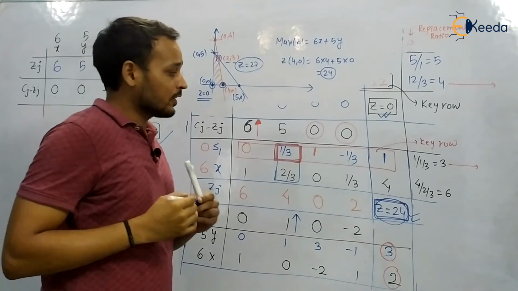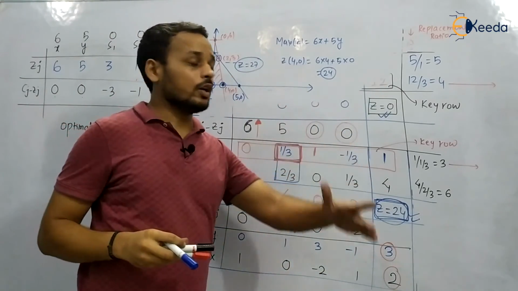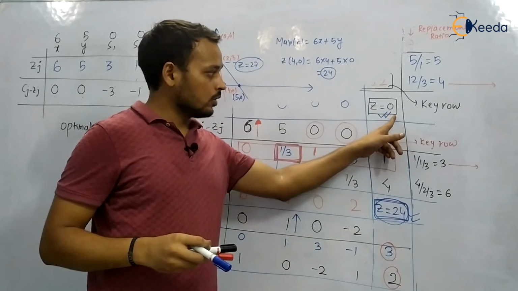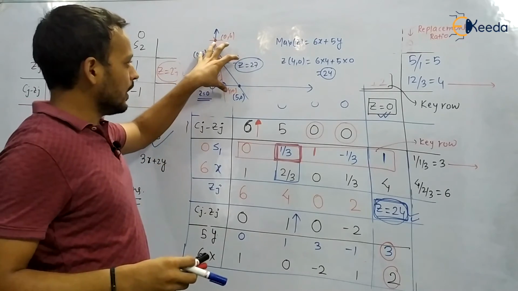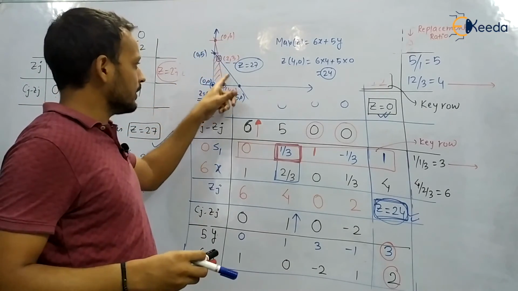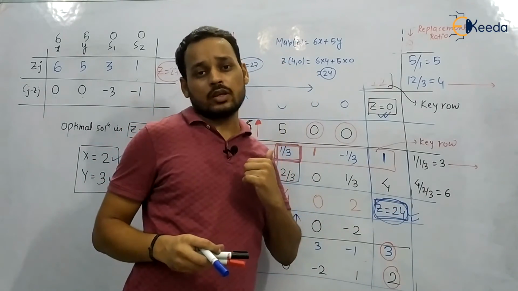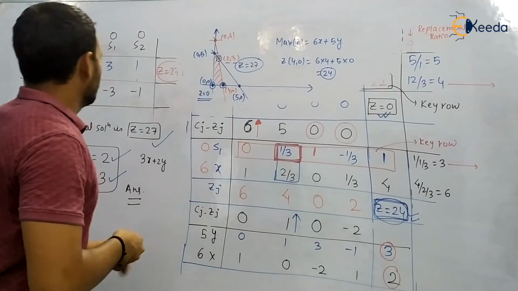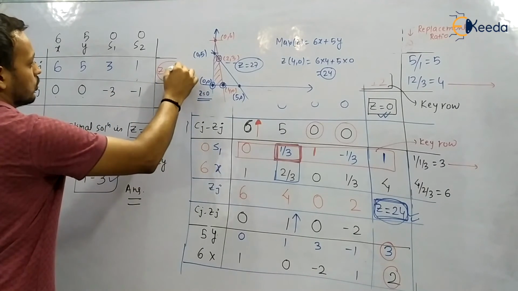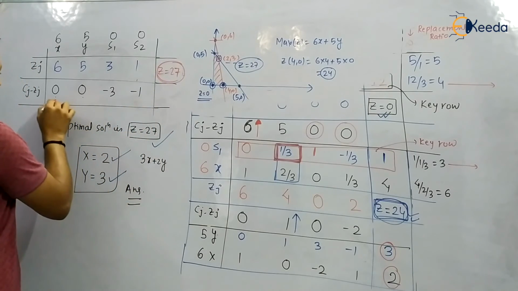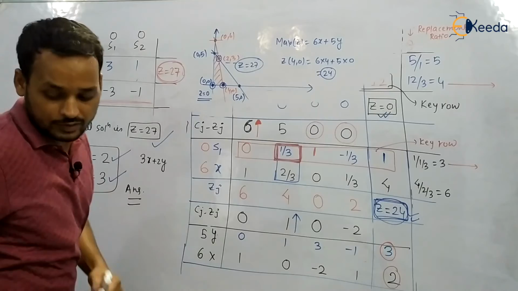It means that the simplex method continuously improves the result: z equals to 0, then z equals to 24, and then z equals to 27. With the graphical method we have to calculate at each and every corner point, but the simplex method just keeps on improving the results. And when we reach the optimal condition, z equals to 27, it had already given an indication that optimality is reached.